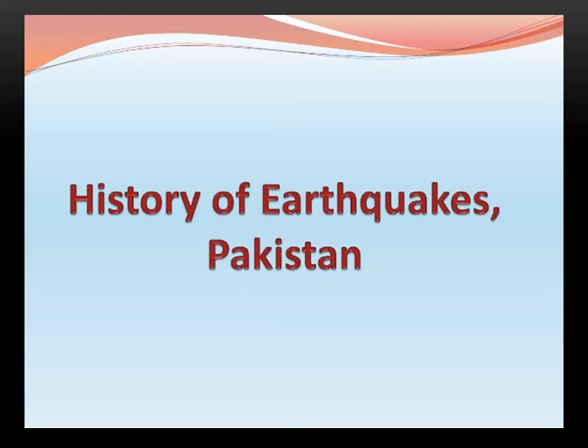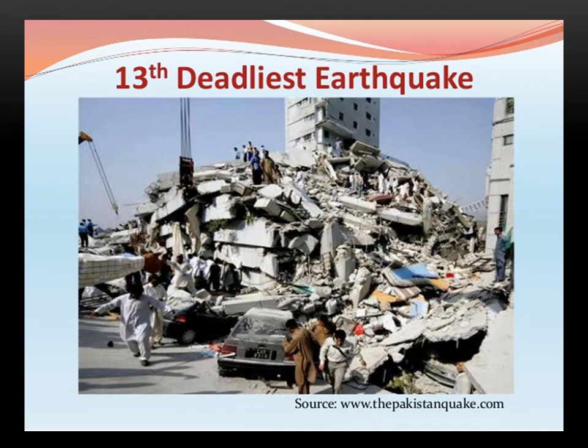The two provinces that were most affected were Pakistani administered Kashmir and the Khyber Pakhtunkhwa. This was Pakistan's 13th deadliest earthquake, and the two most affected provinces, which were the Pakistani administered Kashmir